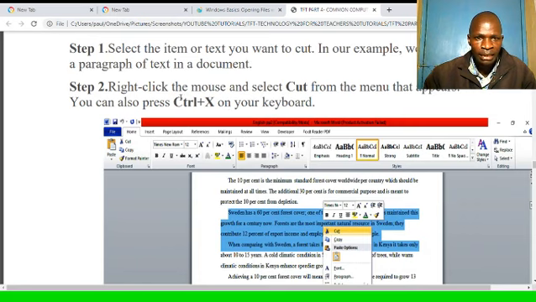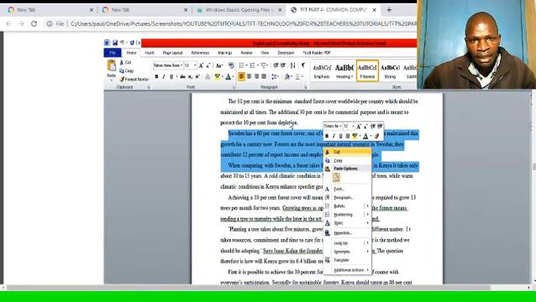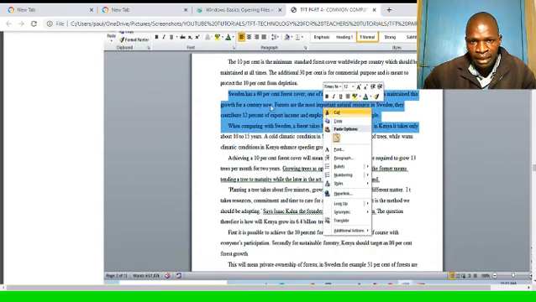So the shortcut here is Ctrl plus X, and X stands for cutting, it stands for scissors. So here is a snapshot of what I did. The text that I selected here, this text in blue, is selected by highlighting it.